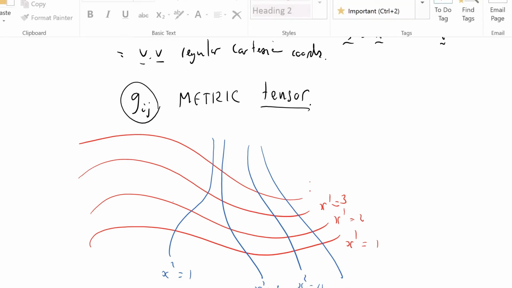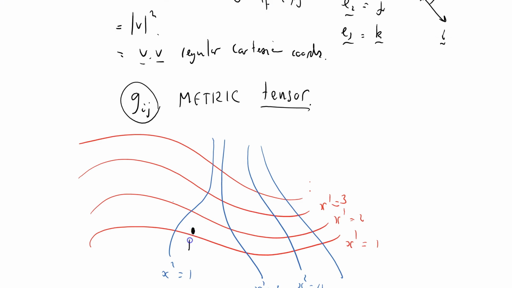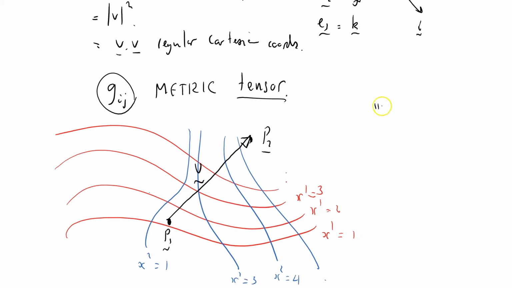If I want to talk about the length of a vector, if I've got a point here, P1 let's say, and a point here, P2, and I want to work out how long that vector is, a vector V which takes you from point P1 to point P2, then the length of the vector is problematic. There are ways around it that we can see, but for the moment I just want to observe that